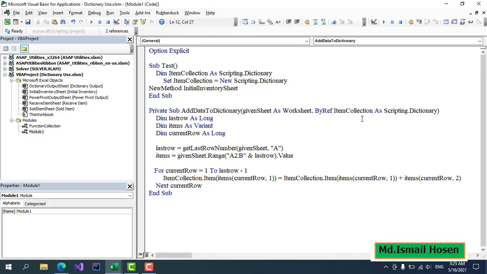So it will be by reference. By value is okay, it's not a big deal. Let's throw. Okay, I guess we're good to go. So replace this,